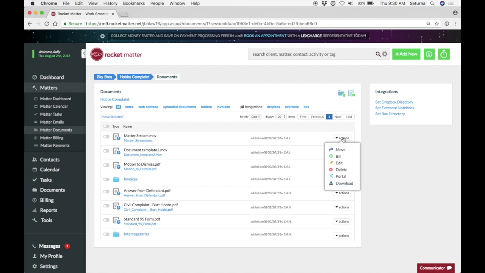Once the document is stored in Rocket Matter, you can then choose to bill for it or share it via